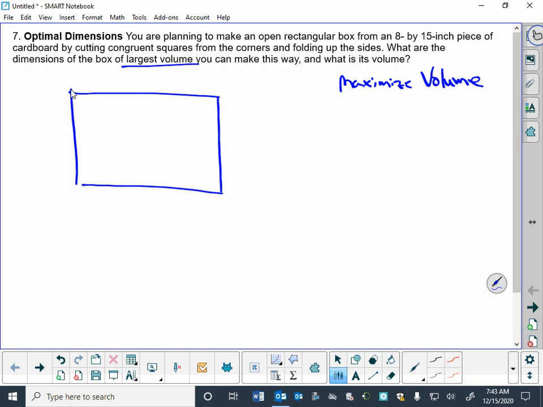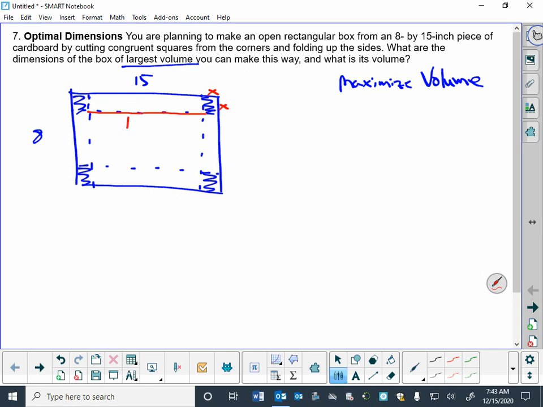We've got this piece of cardboard that is 8 by 15. We're going to cut squares out of the corners of this thing. So these will be gone, and then we'll fold up the sides into a box. Okay, which means that if we call these corners x by x, since they are squares,